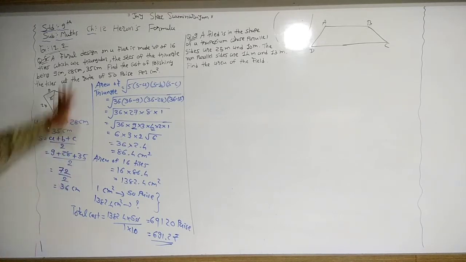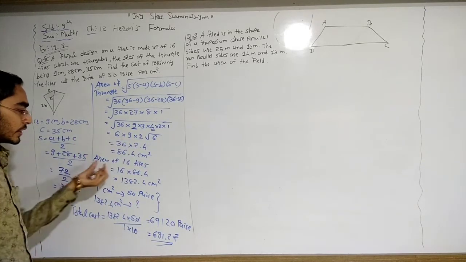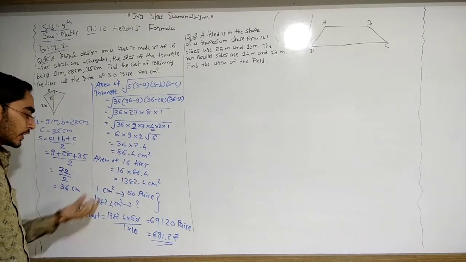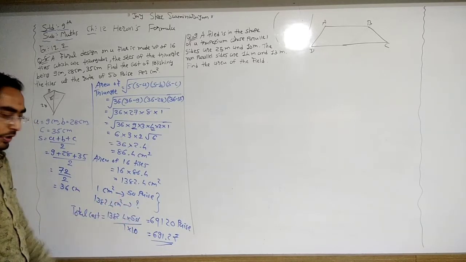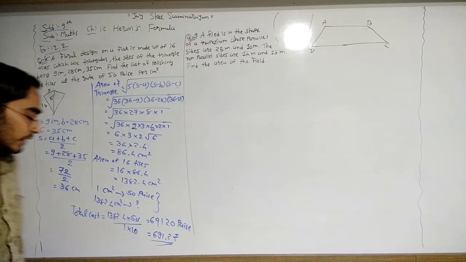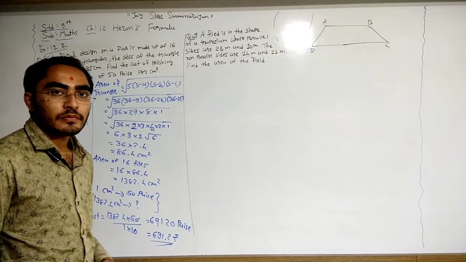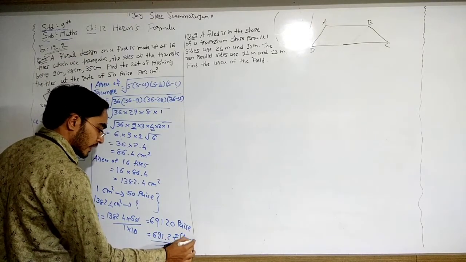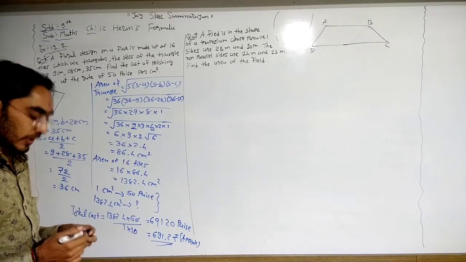Okay, so what we need to do here? First of all, find the area of the triangle. Take the under root, put the value of under root 6, find it by using the log division method. After that, for the area of 16 tiles, we need to multiply this area by 16. After that, for 1 centimeter square 50 paisa, so for this many centimeter square, how many? So the final answer is 691.2 rupees. Okay? And here write down approx, because here we are taking the approximate value, that's why.